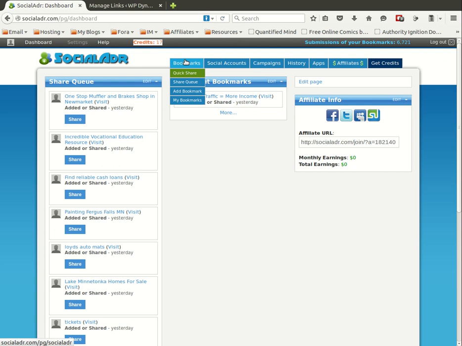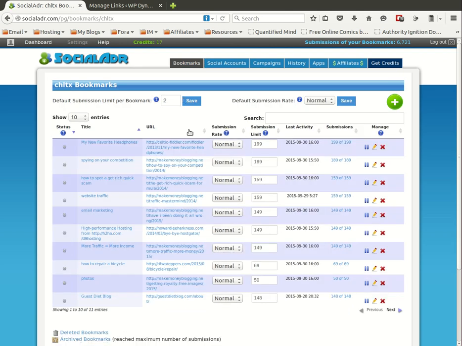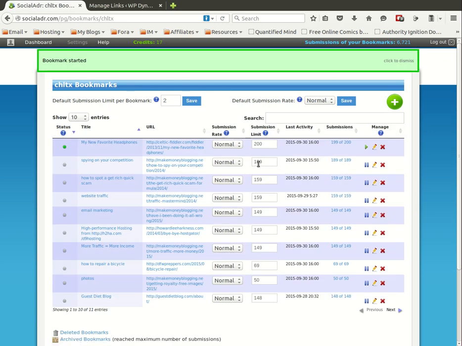It's a rather ingenious way of doing things, because the site basically gets all the users to do all of the work. Okay, so let's look at my current bookmarks, and I see from over here that I don't have anything that's active. Everything has already been submitted, and the top link that I have has 199. Oh, SocialAdr is only going to allow me to do 200, so this will be the last time I can submit this one. So I'm going to do 200 on that one, and I'm going to bump everything else up